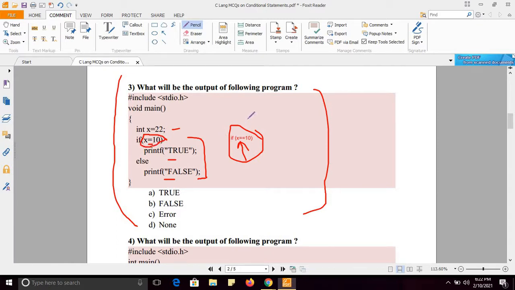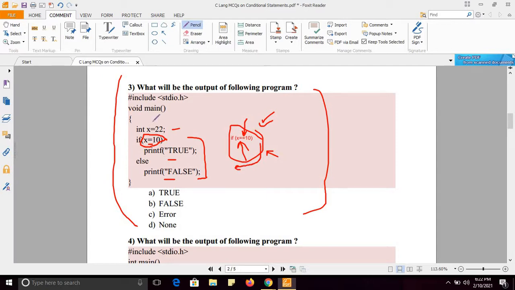And this is the equal to operator. In this case, I am checking whether the value of x is 10. Now suppose value of x is 22. 22 equals to 10 is false. So in this case, else part will be executed.